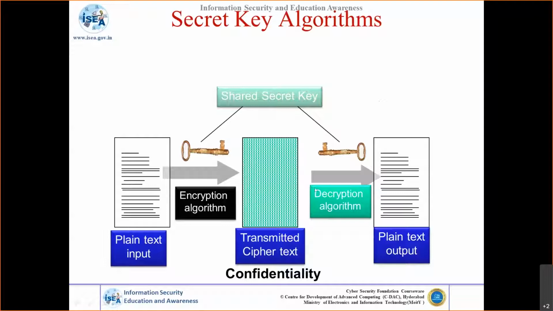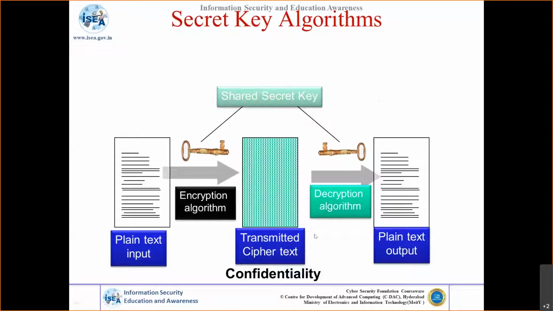Okay. Now, how this is going to provide confidentiality is that the sender and receiver will agree upon a cryptographic algorithm, that is a secret key algorithm. It can be IDEA, AES, or DES. One algorithm they identified, and they both agree upon a shared secret key. They say, yes, I am going to dispatch one document to you, and I am encrypting that particular document with this particular key. They will share that. Let us not worry about how they are sharing the secret key. We'll come back to that.